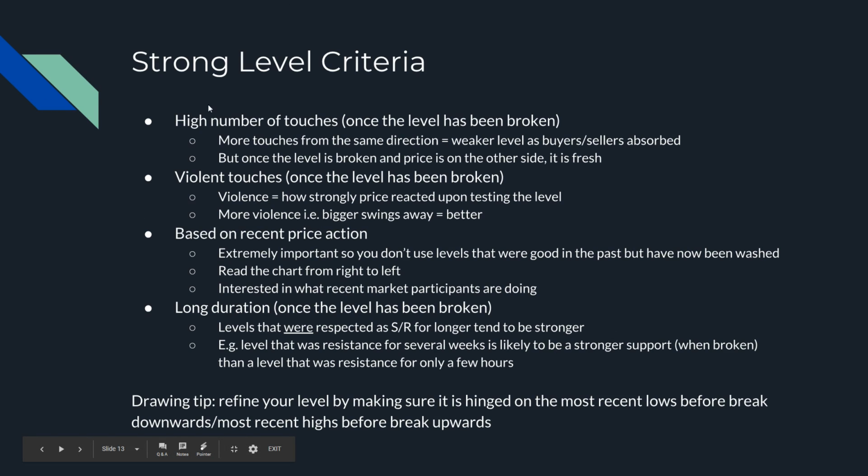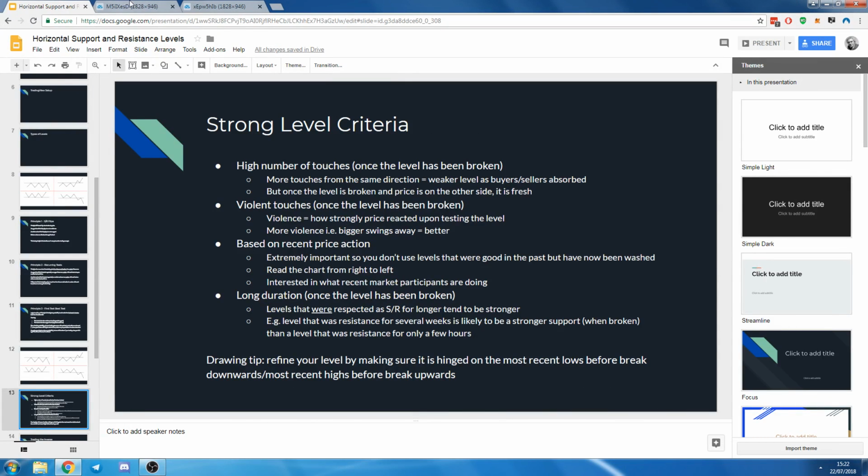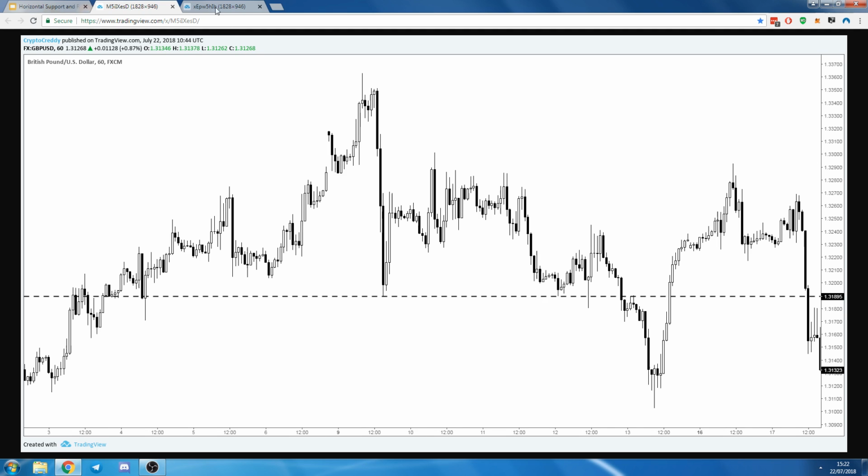Obviously, the more of these it has, and the more recent it is, the more violent touches, etc., the better. And when it comes to a drawing tip, a lot of people are going to ask, do I use wicks, candle bodies, etc.? It doesn't really make a huge difference at the end of the day, but what I would suggest is refine your level by making sure it is hinged on the most recent lows before breakdown, or the most recent highs before a breakup. So for example,